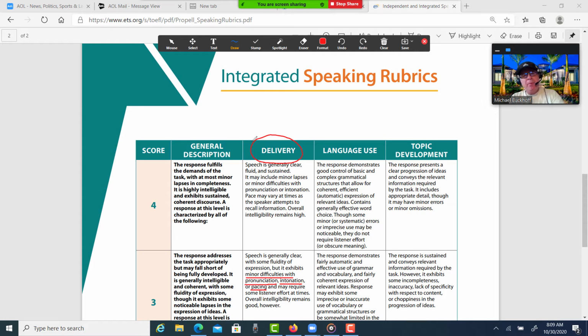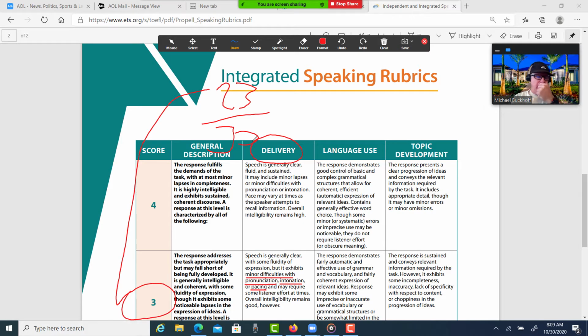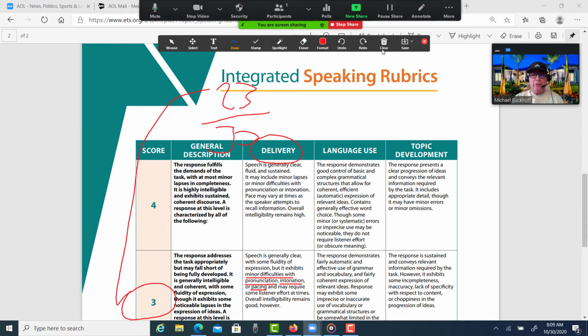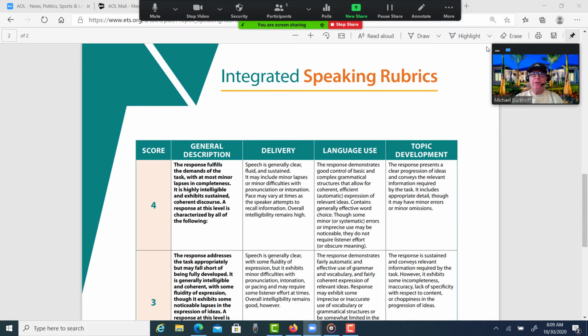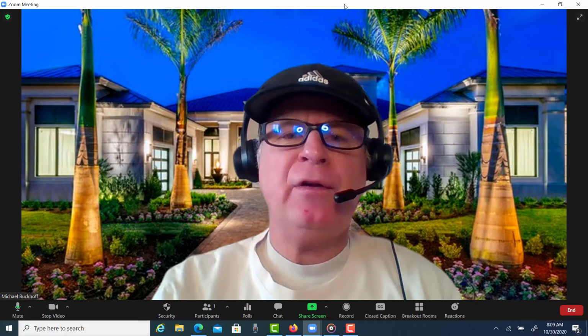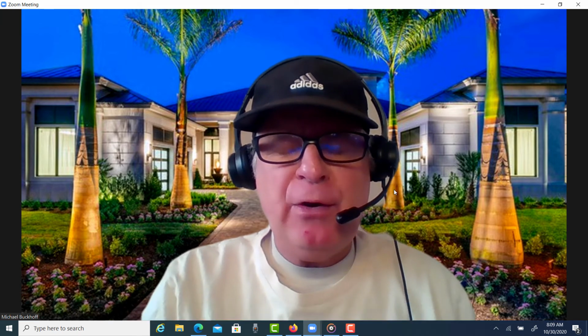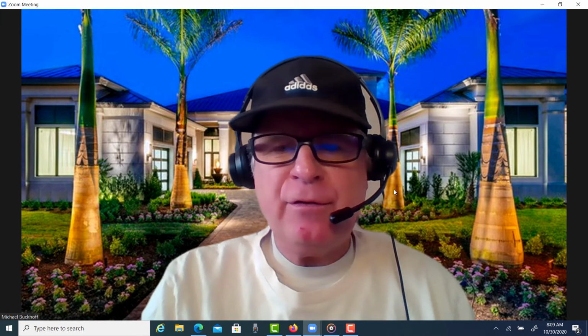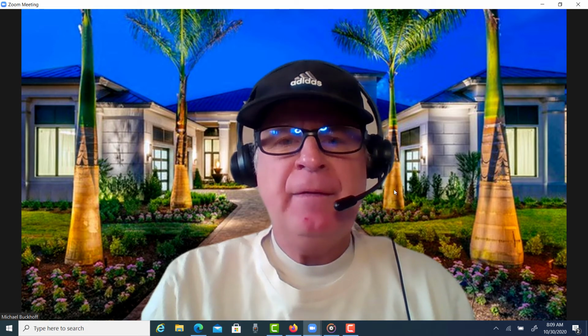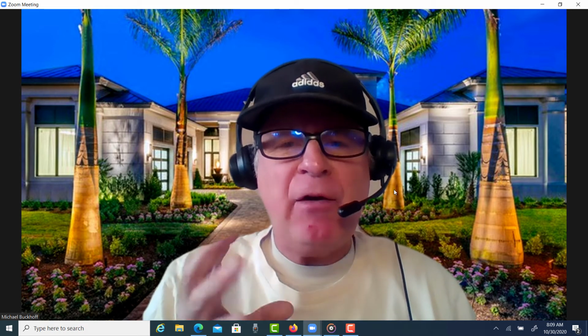My estimation right now is, if we put you right around the 3 area, that's going to put you right around 23 to 24 points out of 30. Now, one thing that you can do that I think can be very helpful, you can think about this for a minute, is if you can have somebody read with you, maybe you can pick a newspaper, a magazine, or a book of some sort, and you can practice reading out loud with the